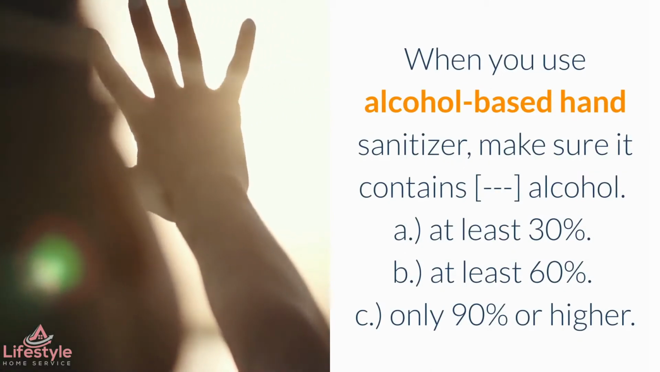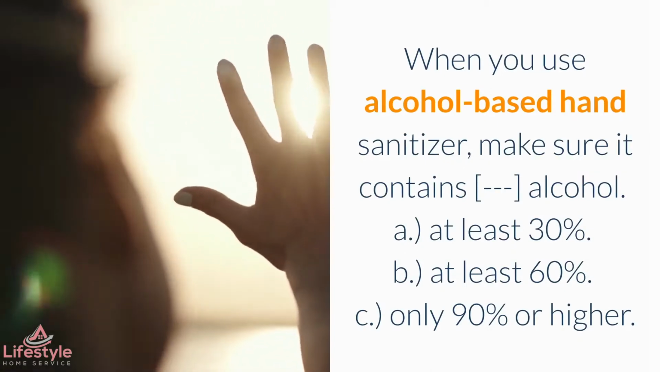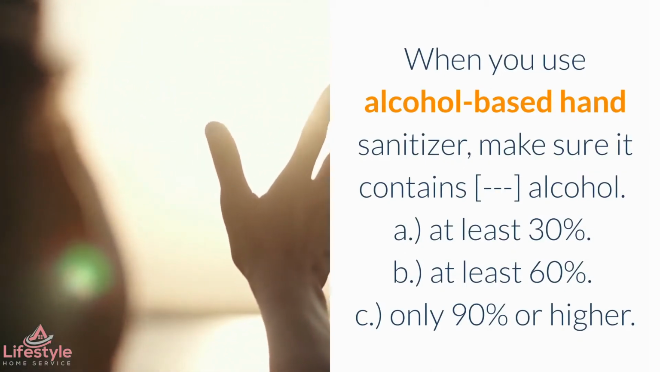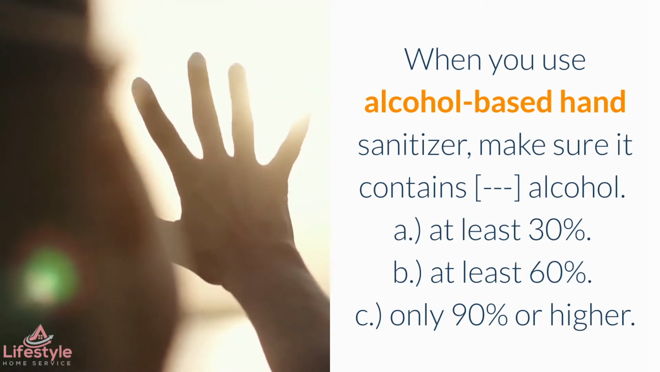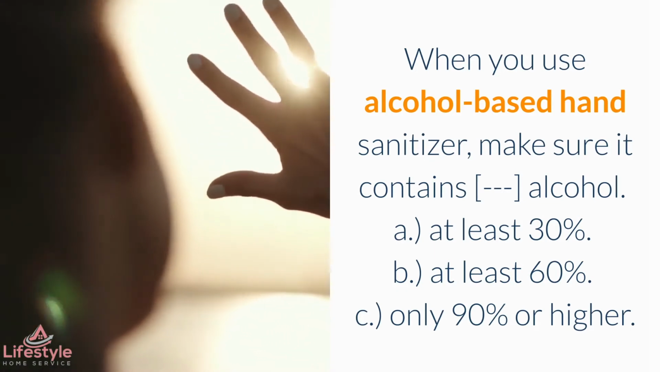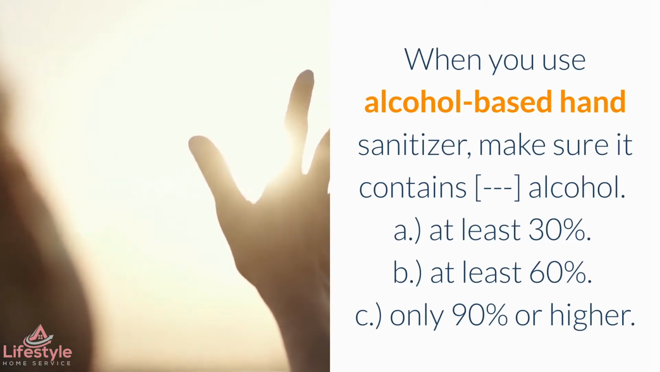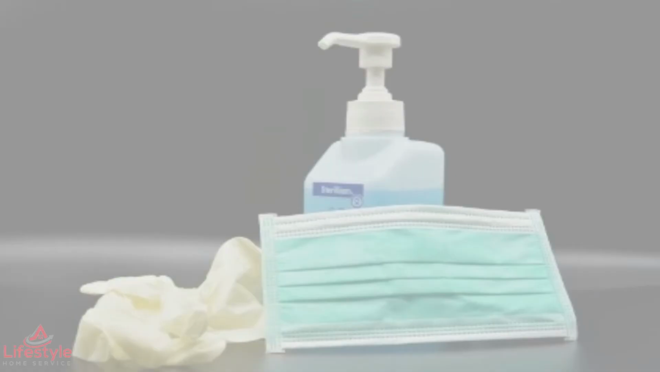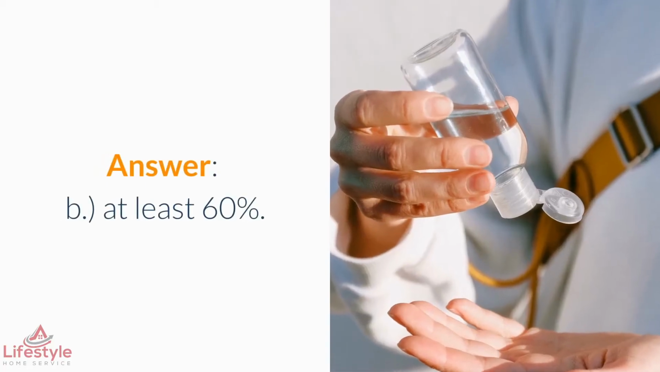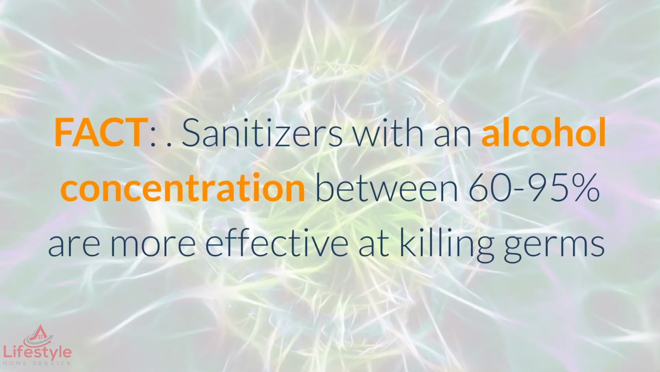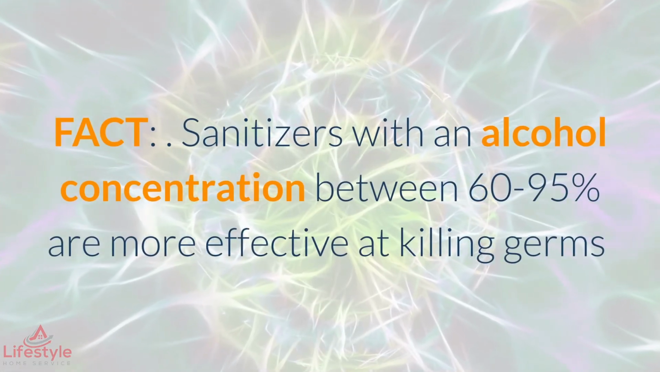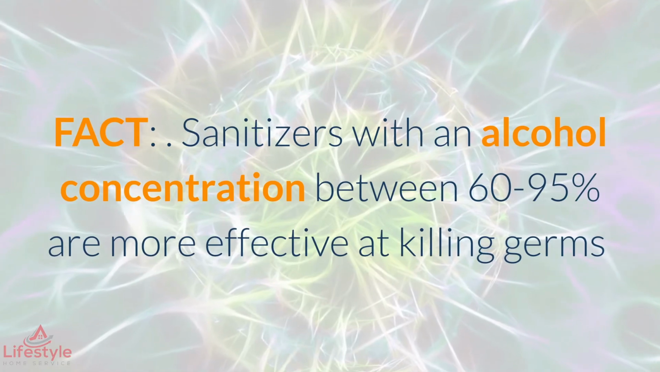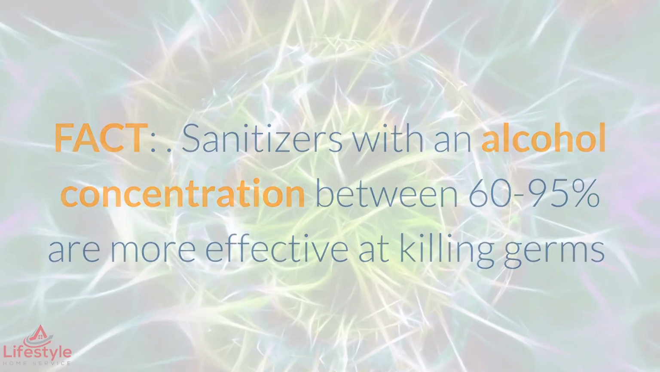Practice 3. Answer the question. When you use alcohol-based hand sanitizer, make sure it contains alcohol. A, at least 30%. B, at least 60%. C, only 90% or higher. Answer, B, at least 60%. Fact. Sanitizers with an alcohol concentration between 60 to 95% are more effective at killing germs than those with a